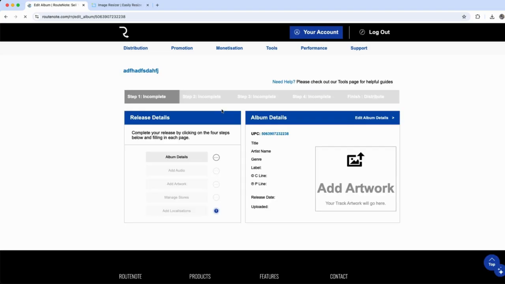It's a little bit slow, but just gotta be patient. So it kind of shows you there's 1, 2, 3, 4 steps to go through before you can hit that big submit button. So you just got to go through one at a time. Let's go through and do it. So details,